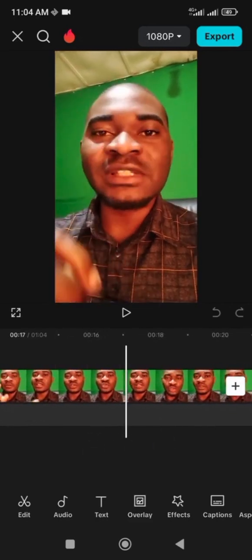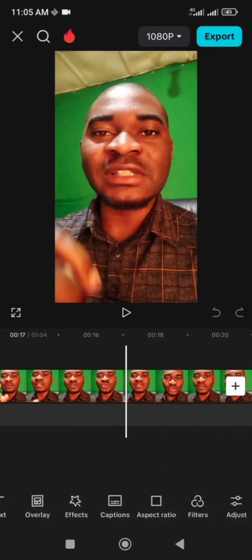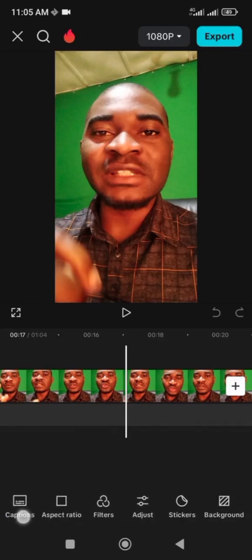Most of the magic comes down to the tool that you use. If I want to create a text, I will use the text tool, which is this. If I want to add audio, I will use this one. If I want to edit, I will use this one. If I want to add overlay, I will use this. Effect, caption, aspect ratio, filter, adjustment. If I want to edit, color grade this image, I will just tap on